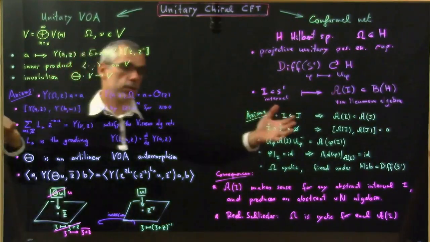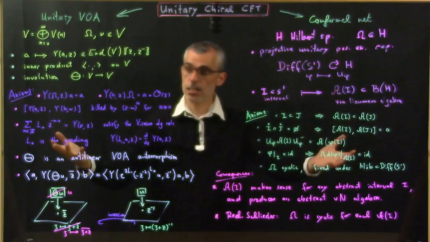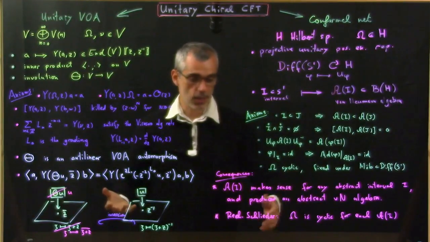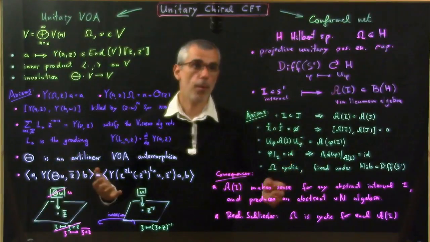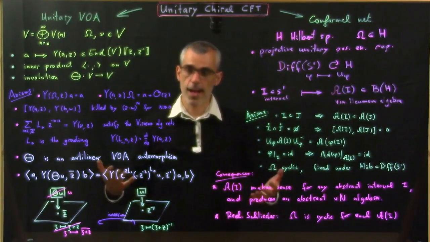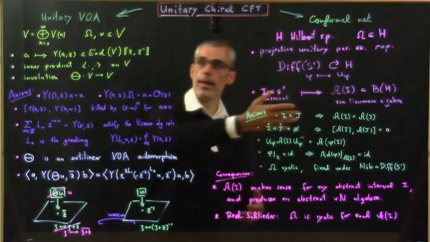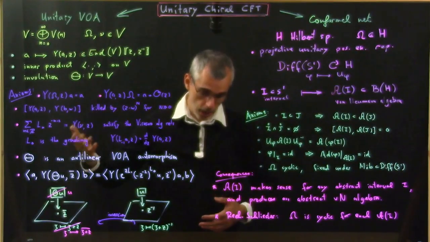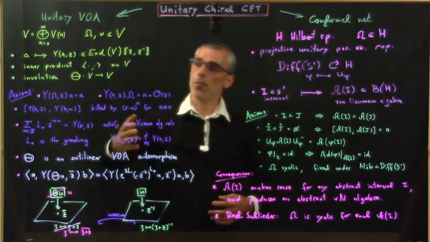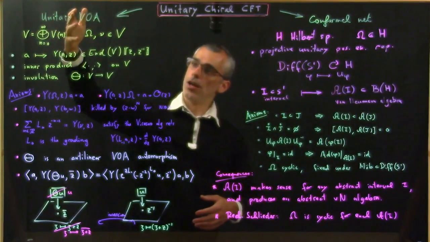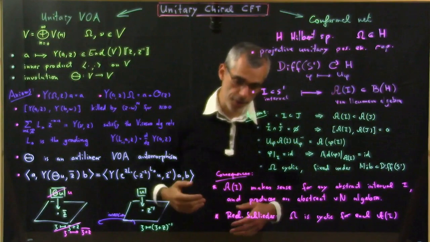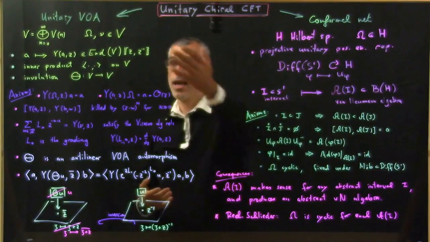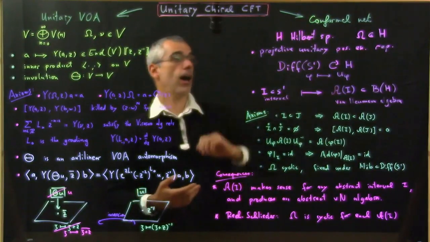Now, a couple of words about the expected relationship between these two things. So I expect these two formalisms to be equivalent, but of course this is presently an open problem. There is substantial work that has been done in constructing conformal nets from VOAs due to Carpi, Kawahigashi, Longo, Weiner. And so what they do is they provide sufficient conditions to be able to construct a conformal net from a unitary VOA. And what I'm going to tell you about today is how to go the other way, how to construct a unitary VOA from any conformal net.